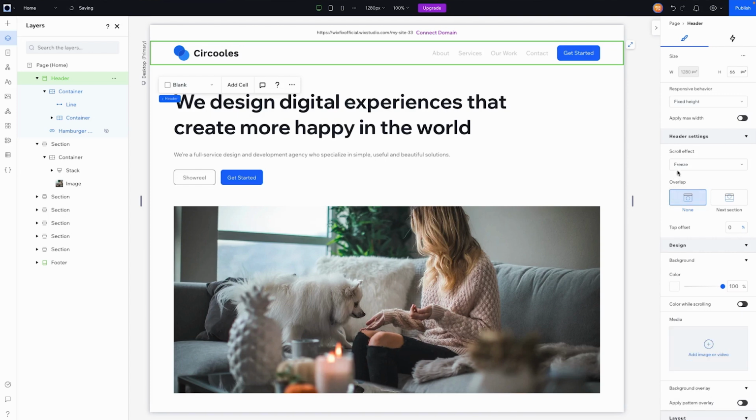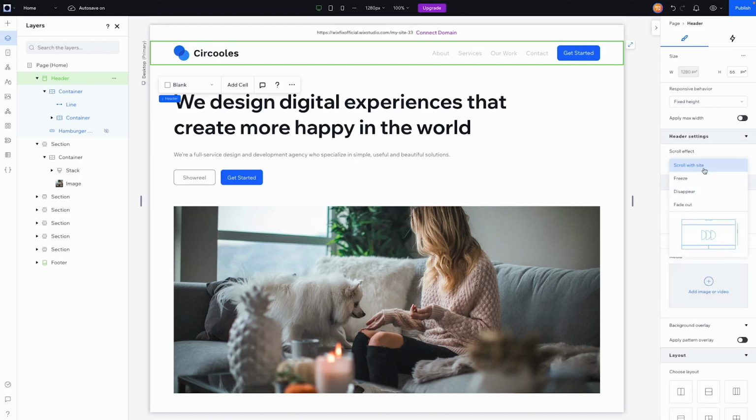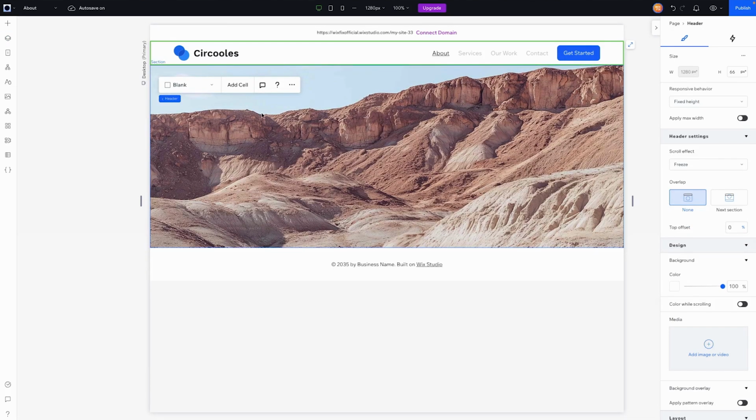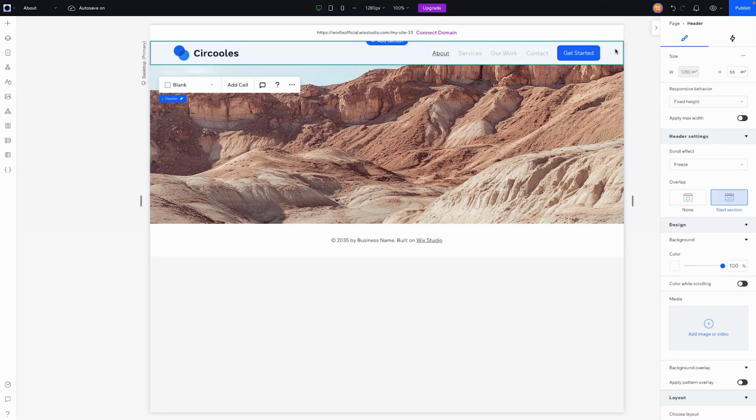And before we move on, I also want to go over what these other settings are here in the header settings. So when we go back up to scroll with site, you can see we don't really have any other settings, but as we select any of these other options, you're going to notice other settings that we can choose. For example, if I go ahead and switch pages to where we have a section with a background image, as we can see, there's an option here for overlap. Right now it's set to none. However, if I go ahead and apply the option of next section, it's basically going to put the header over